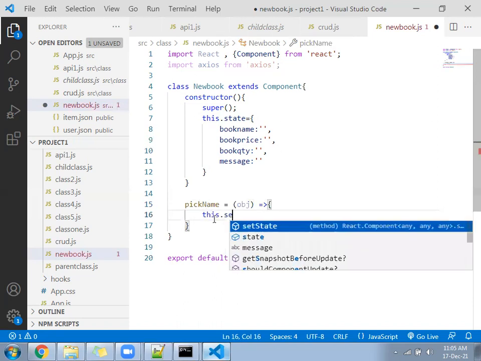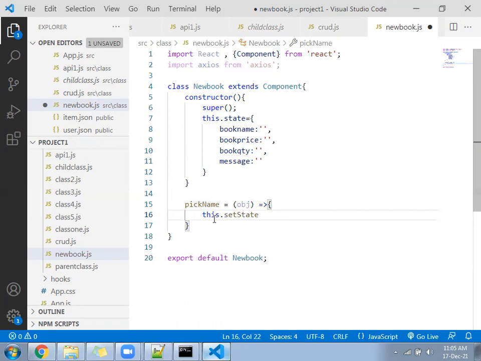Right here this dot setState. Inside that you will write book name colon obj.target.value.